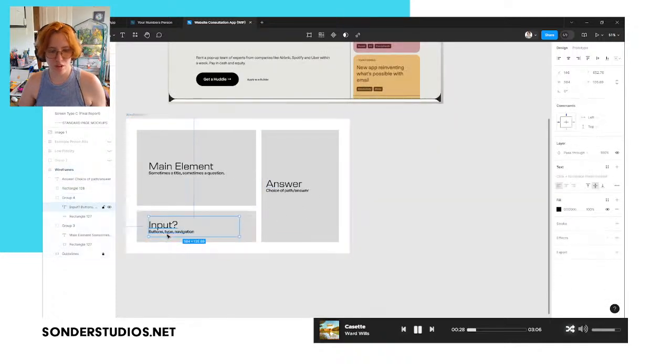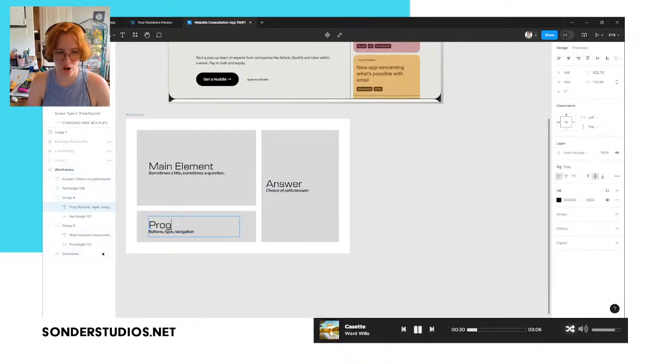You know what, back to screen type A, let's say that this is progress bar.